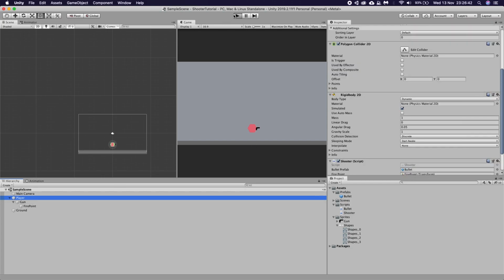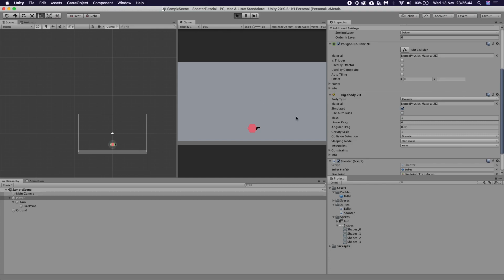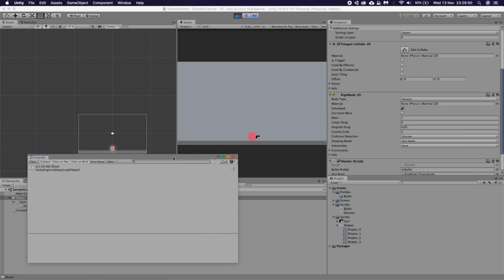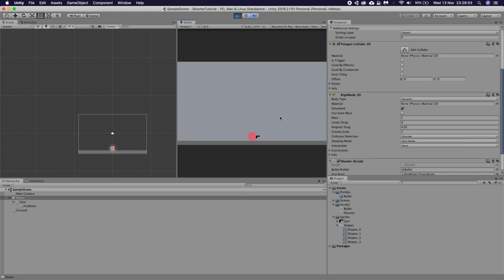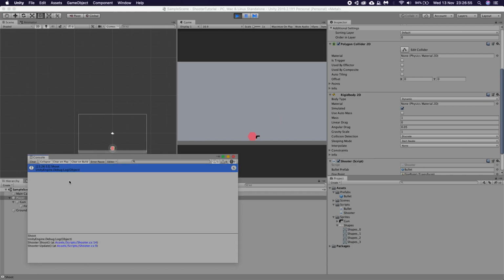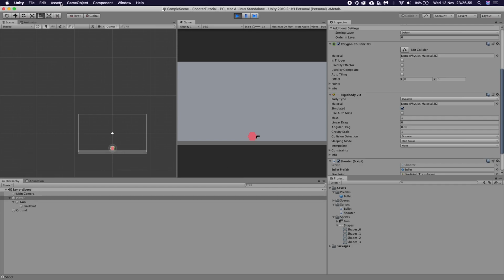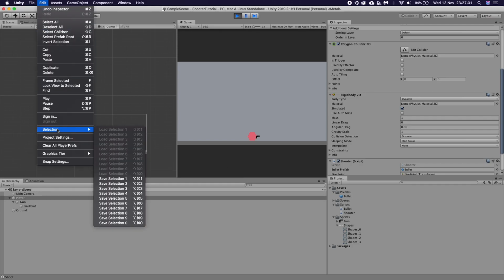Nice. So if we click play and I click on the right mouse, you'll see in the bottom left it says Shoot, which in our console basically just says Shoot. If I click again multiple times and click back on this, you'll see it says I shot 5 times.